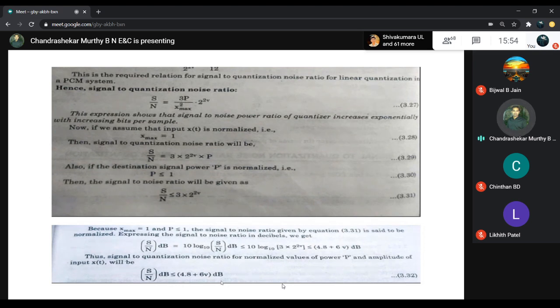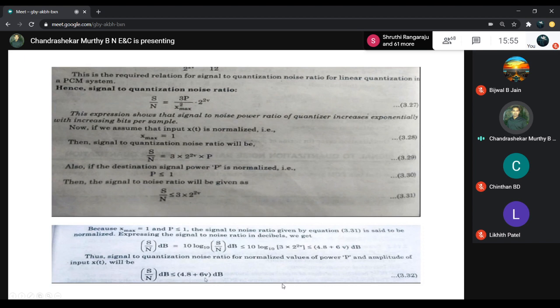So what is the advantage here? If you go for a larger number of steps, what happens? The reconstruction of the signal improves, so the error will be reduced. If you take a minimum number, like 2 power 2, 2 power 3, what happens at the reconstruction? It is very difficult to reconstruct the original signal. Okay, so that is the problem.